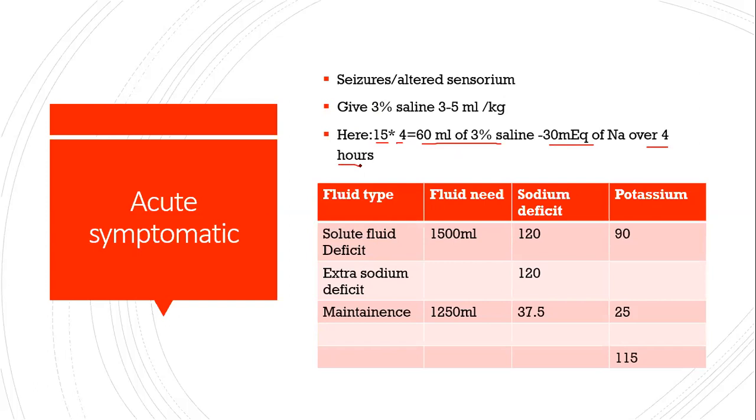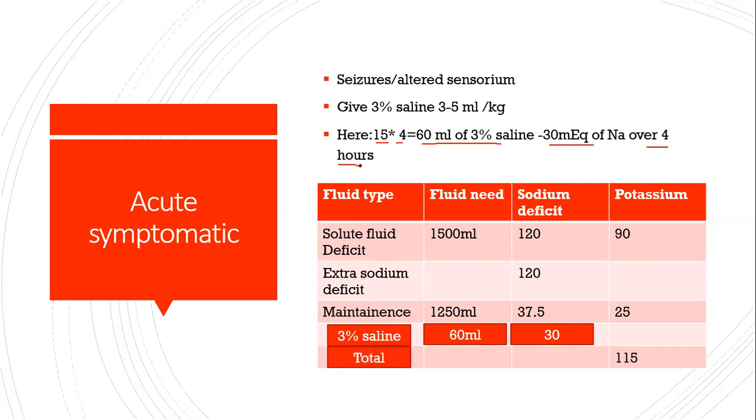So why is this important? I have given it now, why do you want to touch upon this, madam? No, don't ask. The reason is you need to deduct this fluid and this sodium from your final correction. So 3% saline you have given, 60 ml and 30 milliequivalents of sodium. Reduce them or deduct them from your total. So you end up with 2690 ml, 247 of sodium deficit. Potassium is not going to change because there is no potassium in this equation.